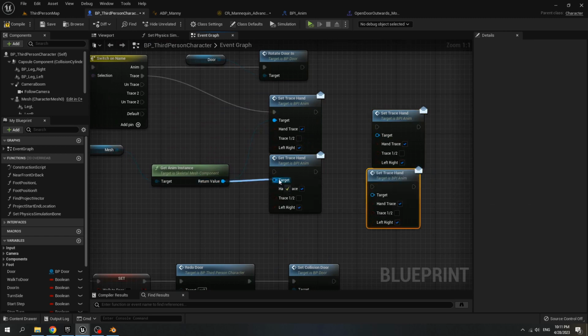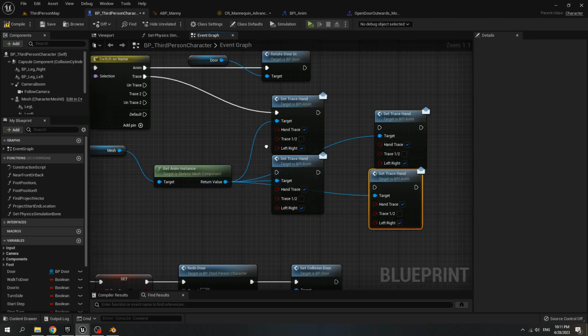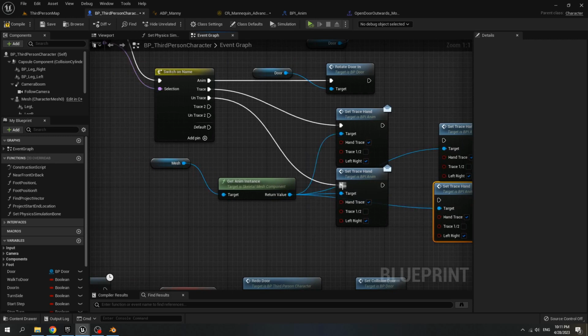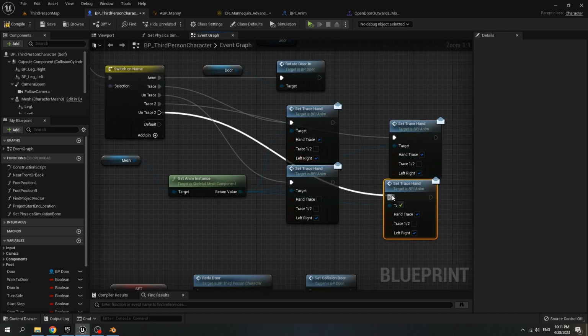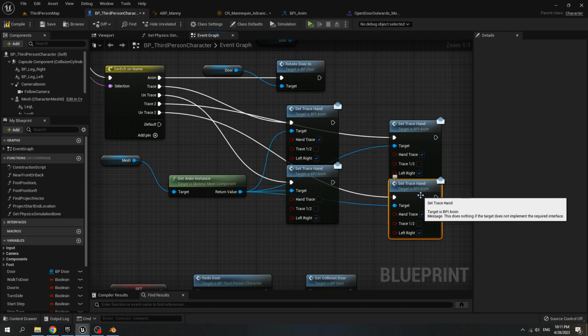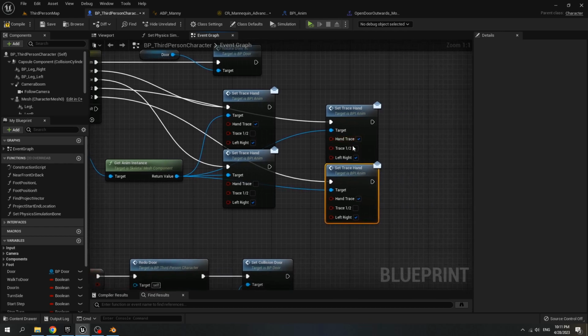Connect the anim instance to the target, and for the end trace, set hand trace to false, and trace 2 connect it to set trace hand, and trace 2 connect it to set trace hand, and we set trace 1 or 2 to true, left or right to false, and hand trace is false, and trace 1 or 2 to true, and left is false.